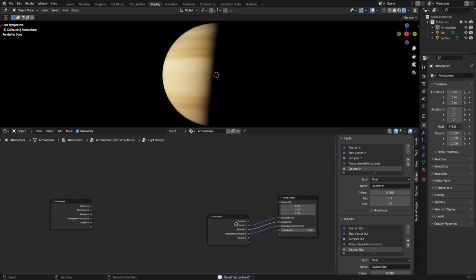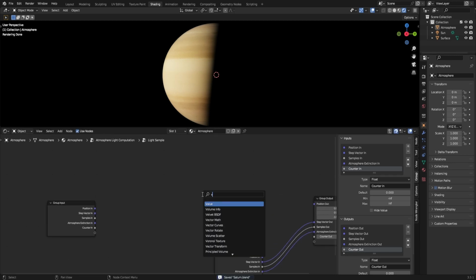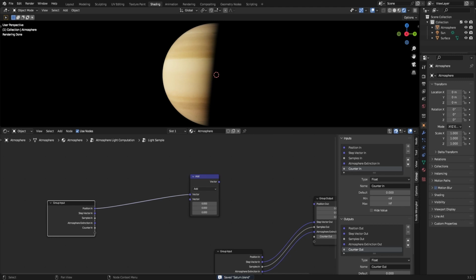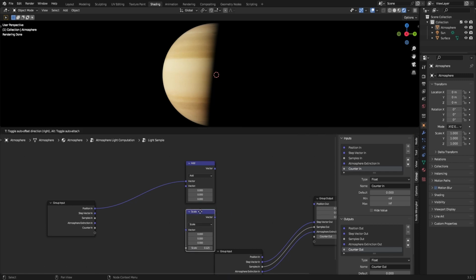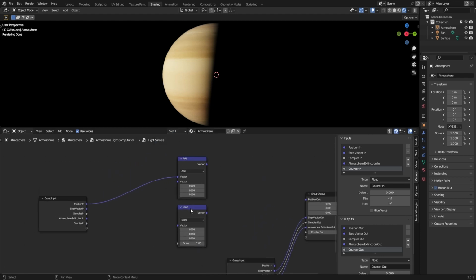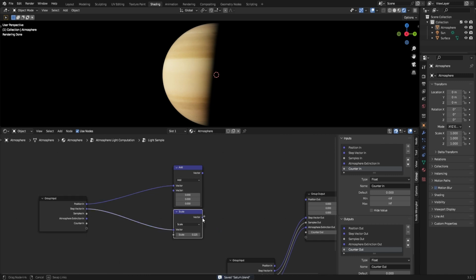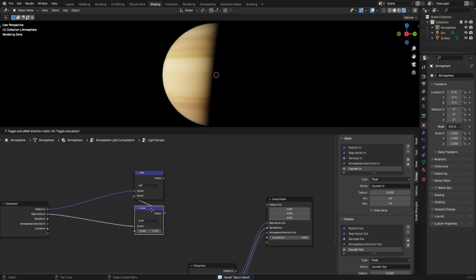So grab a vector math add. You want the position. Grab a vector math scale. We'll just set this to 0.125 right now, just because there's 8. Okay. You want to add the step vector in scaled by 0.125 to the position,